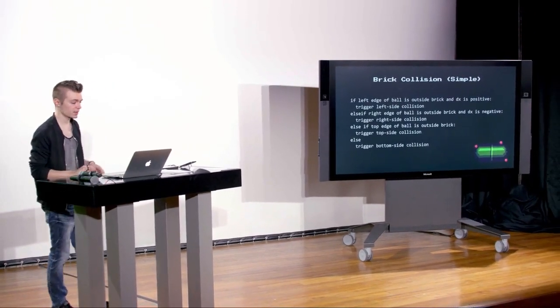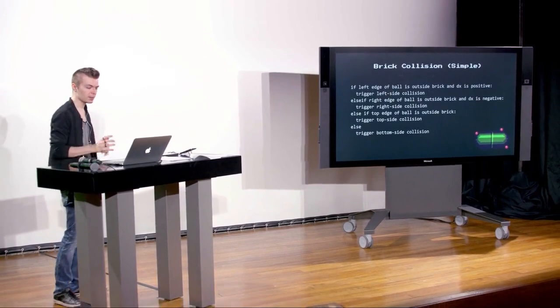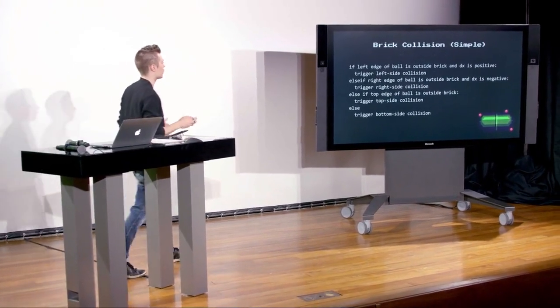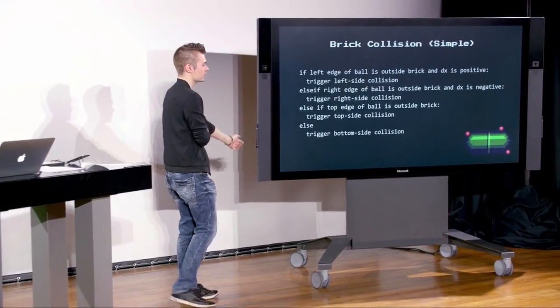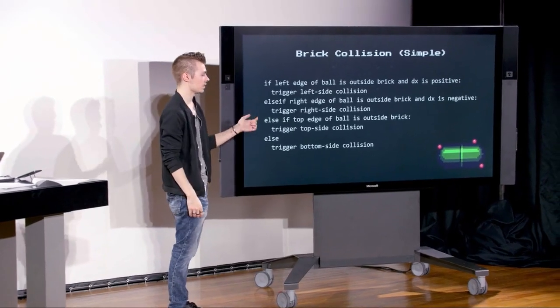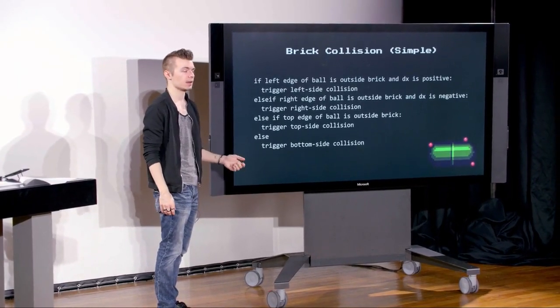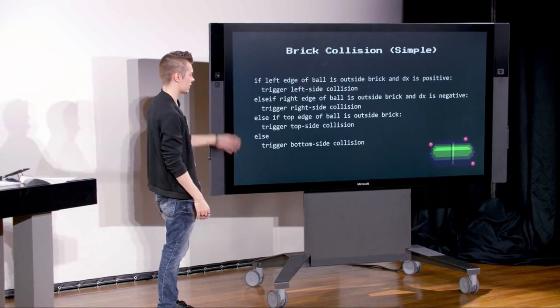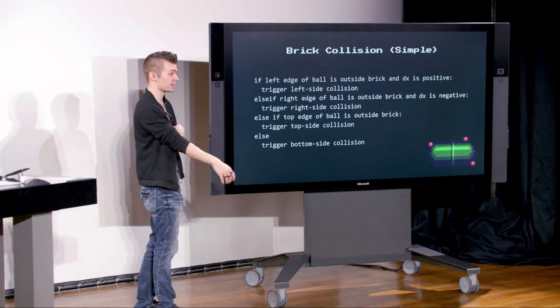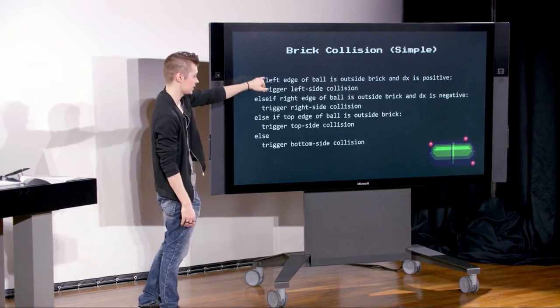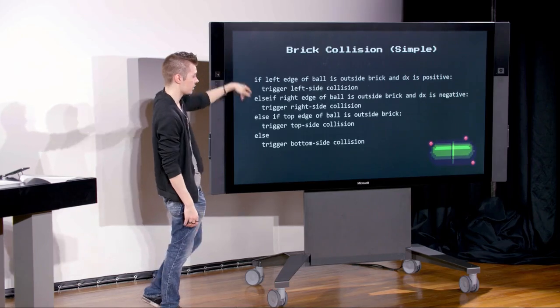Brick collision is pretty simple, but it's a little bit more complicated. Basically, what we need to do is check and see which edge of the ball isn't inside the brick. And we can also simplify this a little bit. If the left edge, as you see here by the pseudocode,